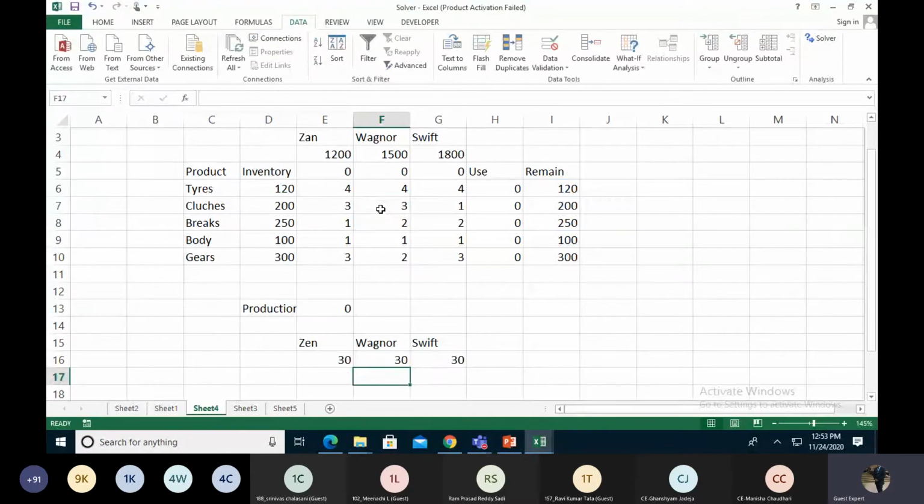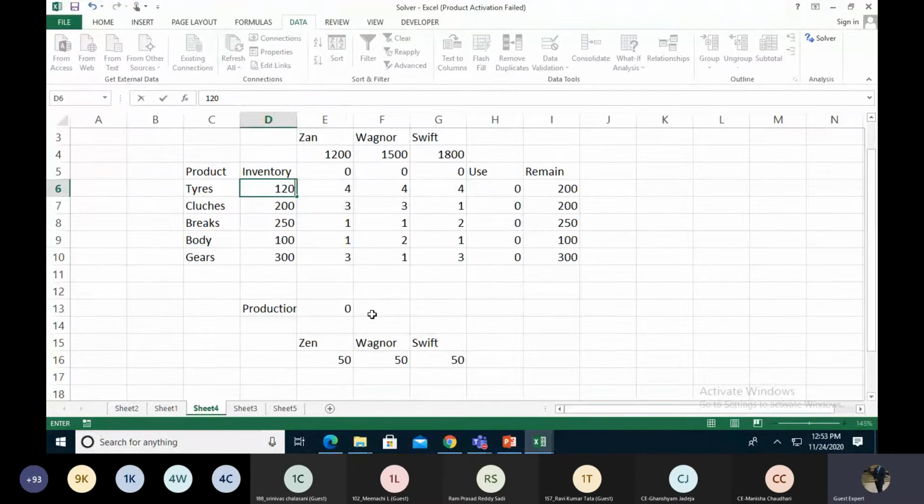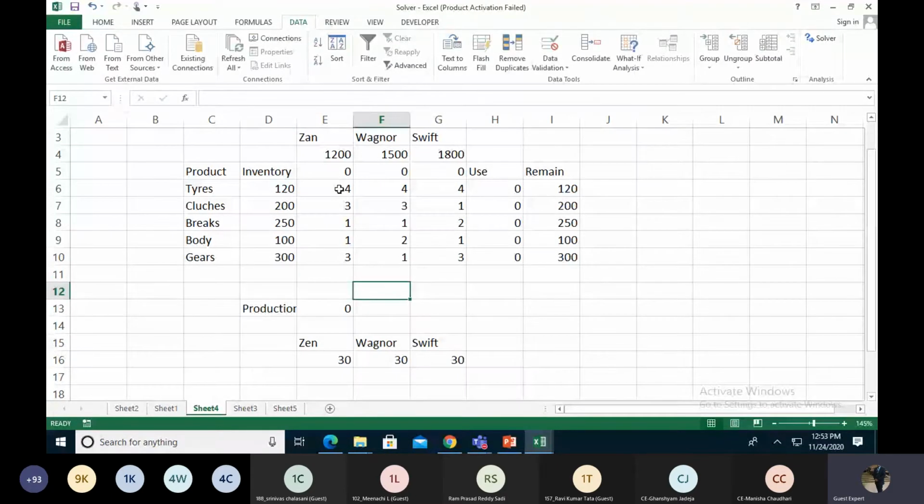Okay, if you're changing the value, if they're using only one clutch, one brake, and one tire, the maximum value is affected for the tire as well. If we're taking 8 tires, you can see it is totally reflected, because the tire is very important. If the tire is very low, then the inventory is going to change. So I'm just putting 4, then 3, then 2. Okay, if I'm changing the tire value to 200, it is going to be the same. So the tire is very important for us because they are using the maximum value of the inventory.